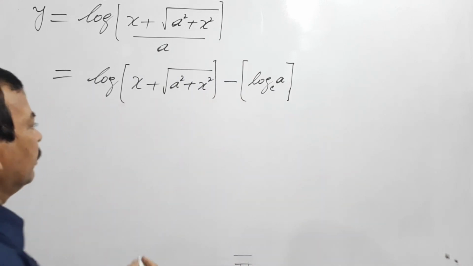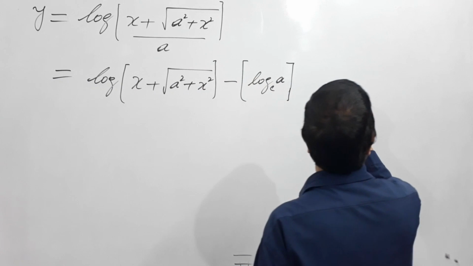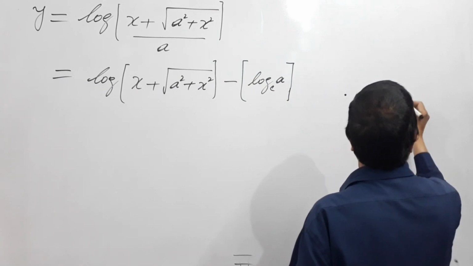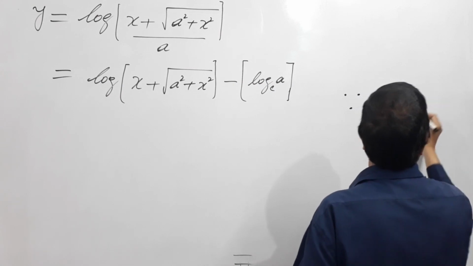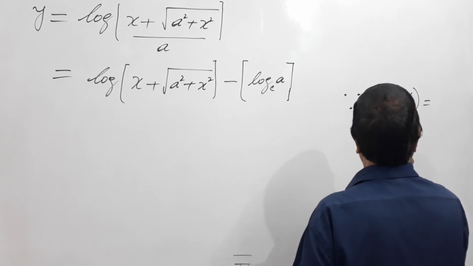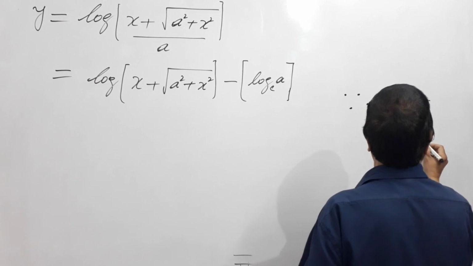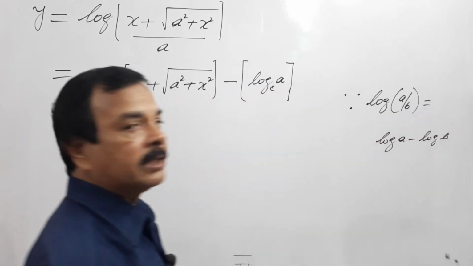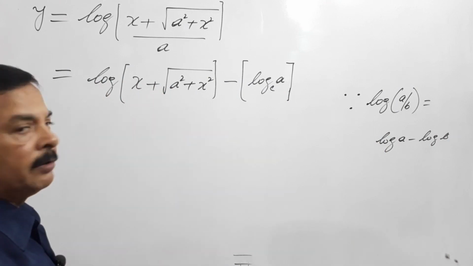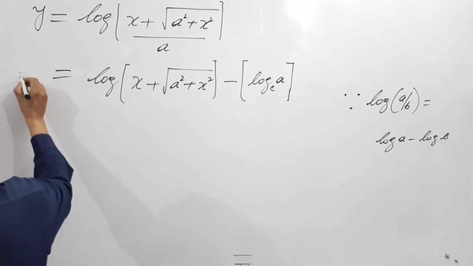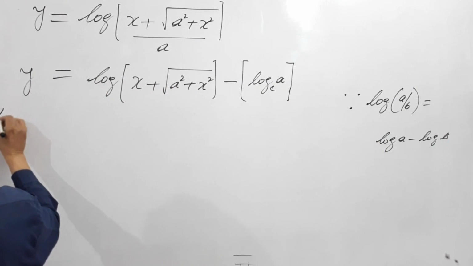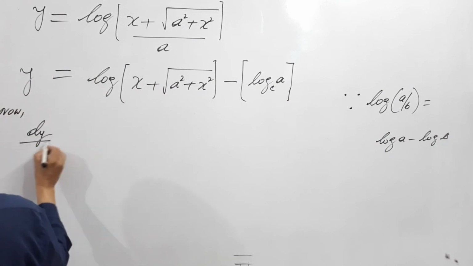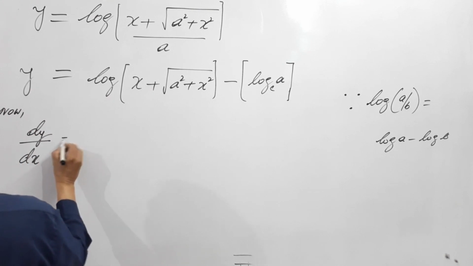Now, I'll write the reason: since log of a by b equals log a minus log b, I use this principle here. So now it is easy to differentiate this. This is our y. Now dy by dx equals